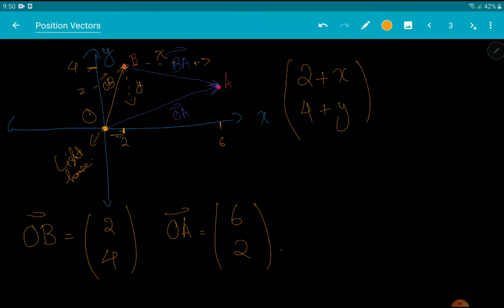Now, can you see how these make up a way for you to see that if you were to take X steps in this direction from B to A in the X direction, and 2 steps from O to B in the X direction, and add these up, you would get the number of steps you take from O to get to A in the X direction. Similarly, if you were to add your initial steps in the Y direction to get to B, which is 4,